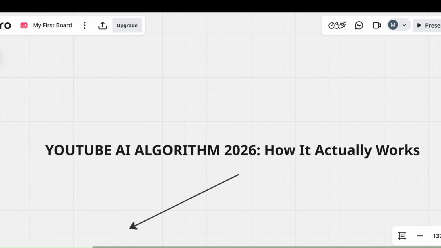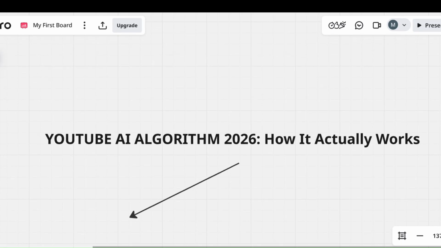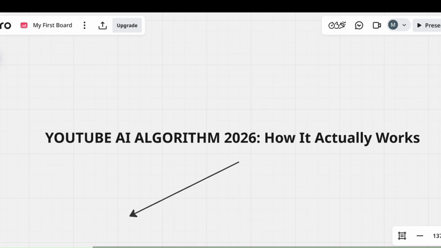So how to use the new AI algorithm and how it actually works, I will explain in detail. I promise you, if you finish this video, you will have a common idea and understand the full AI algorithm of YouTube. So keep listening carefully. How does the AI algorithm actually work? People, I will show these shots of how the AI algorithm actually works.